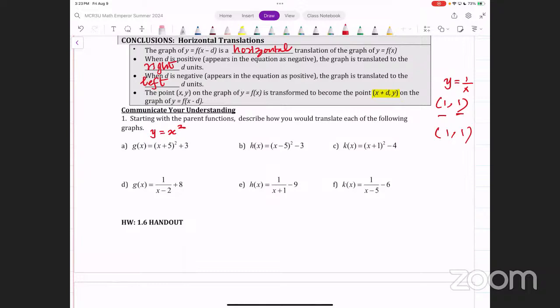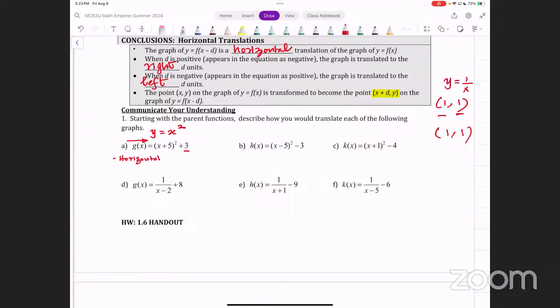When we describe the transformation, we tell everything happening from left to right. Outside is vertical, inside is horizontal. And you've got a plus 5, which means it's going to move to the left. So we say horizontally translate